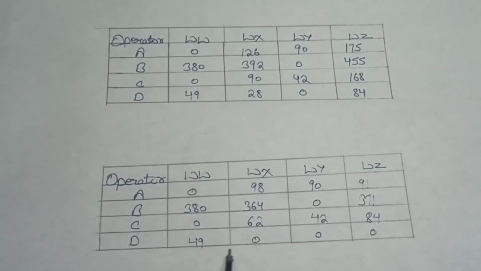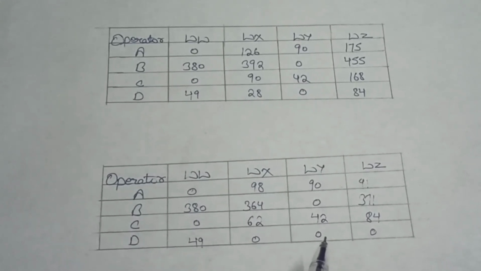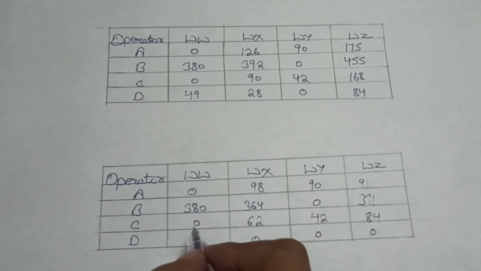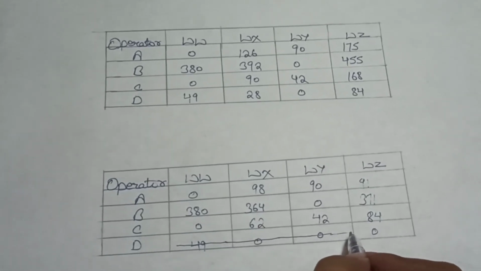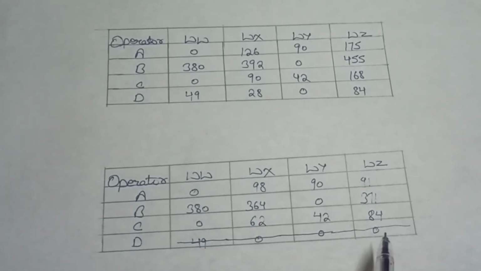So now we will draw the lines. We have to draw the minimum lines so that we can cover maximum 0s. As you can see, in the first row, we have only one 0. In the second row also we have one 0. In the third row we also have one 0. And in the last row we have three 0s. So we will draw our line in this row so that we can cover all these three zeros. So you can see we have covered all the 0s.